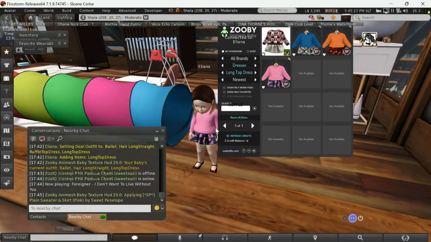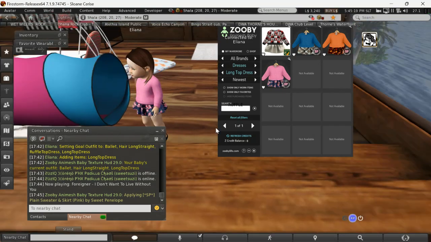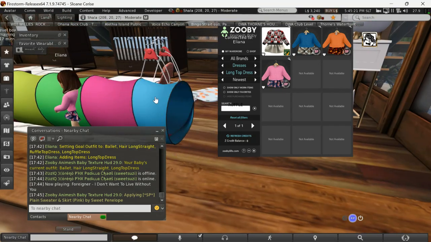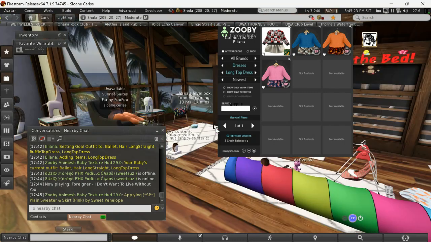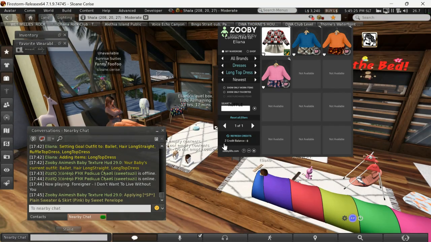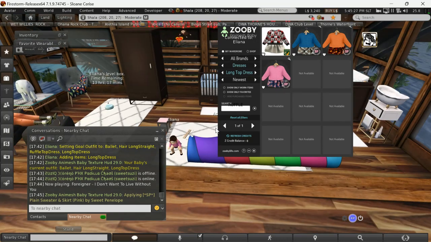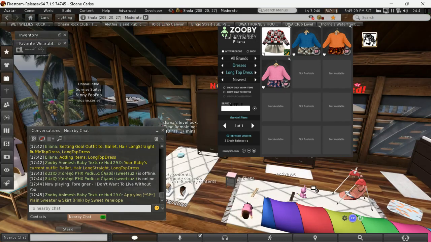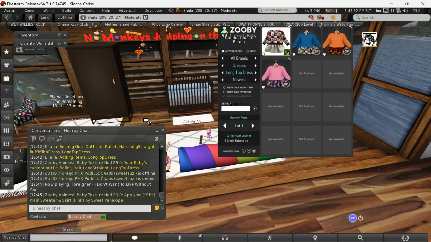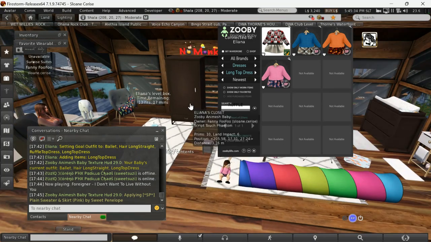Now she's in the pink and blue. Okay. Now, that is how you do it manually. Now we're going to go, and we have this wardrobe that we've purchased. When you rez and unpack this wardrobe and rez it out,